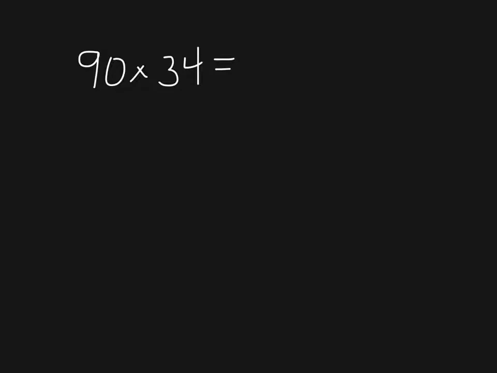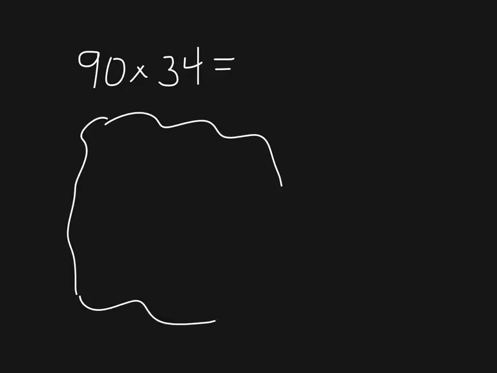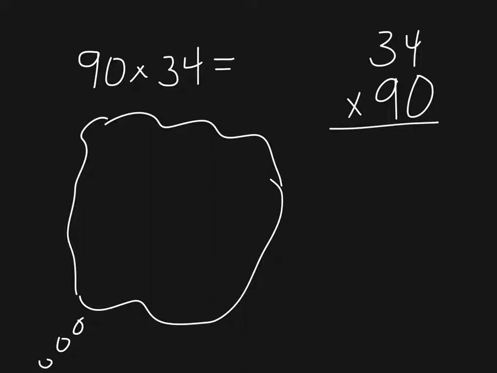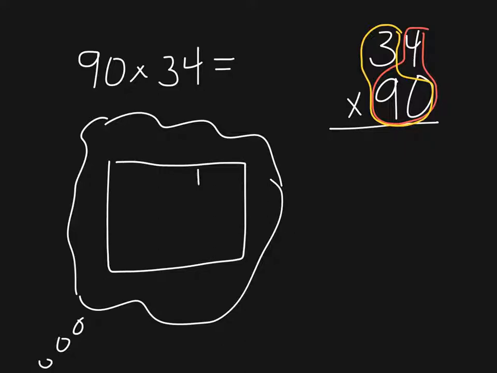Now, eventually we want to get away from using those area models. Those are kind of like training wheels on a bike. So this is kind of what you want to be thinking about in your mind as you're multiplying large numbers like 34 times 90. You want to think of it in terms of those two partial products, the 90 times 4 ones and the 90 times the 3 tens, and come up with those two partial products and add them together. So I'm going to picture that area model in my mind with my 3 tens, 4 ones along the top,